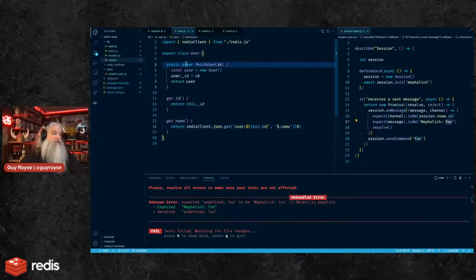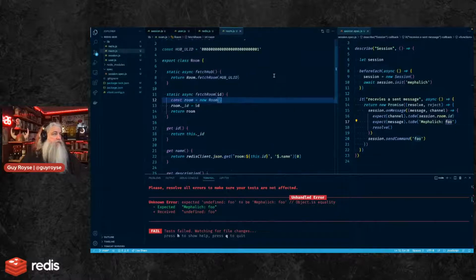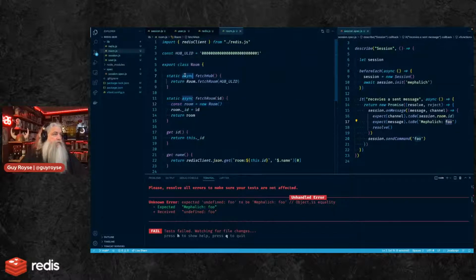It doesn't really, actually, that doesn't need to be async anymore, because it's not actually doing anything. That's true of the room as well. All the asyncs have moved to the properties.